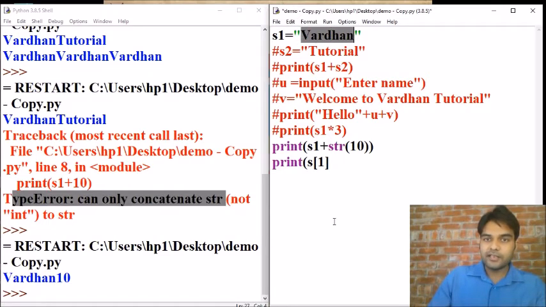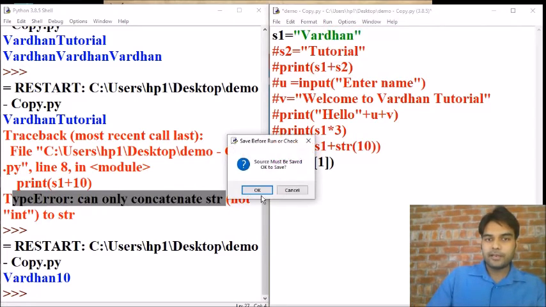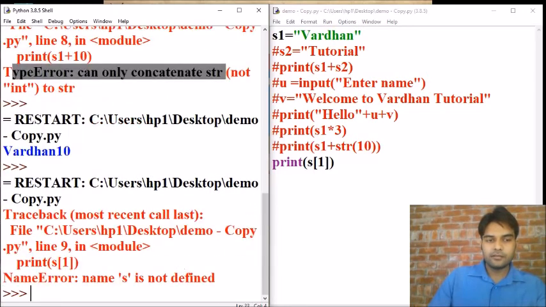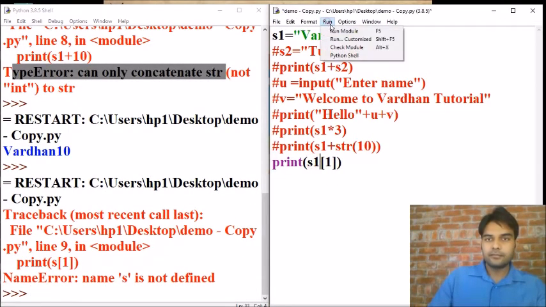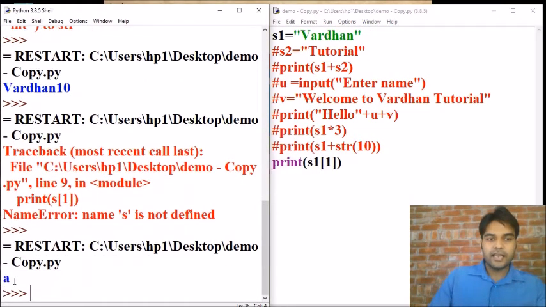So s1 index 1 means A will be printed. Run. A is our output.